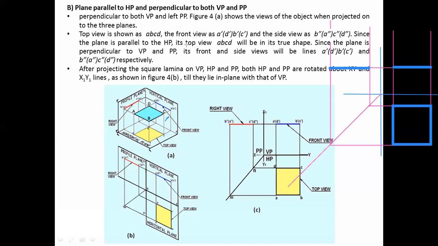Okay, now we will name this also. What will be the names? If this is A, B, C, and D. Okay, so now the naming. A will come here. Understand? Yes, sir. So that will be A dash. Then B will come here. So that will be B dash.